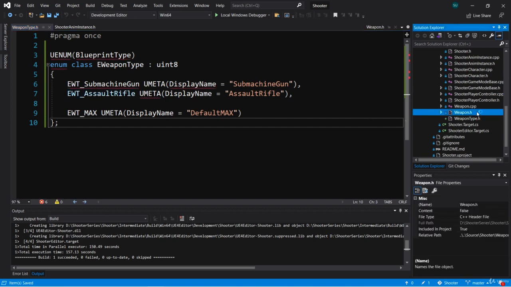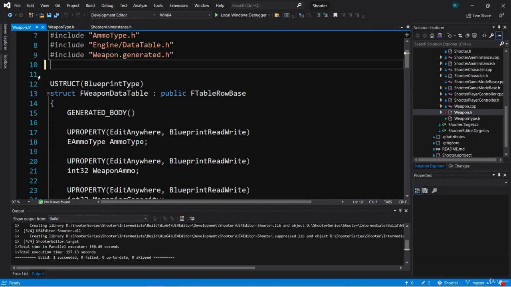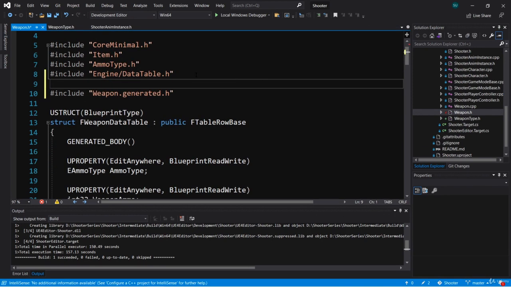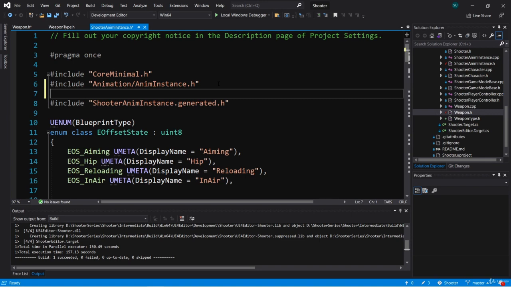Now in weapon.h, instead of defining the weapon type here, we can delete this declaration and include weapon type.h here. So include weapon type.h. And again, we need to make sure the generated.h include is the last one in the list. Now that we have a weapon type.h, we can include that in shooter anim instance.h. So that way we don't have to include weapon.h. So let's go ahead and include weapon type.h here,